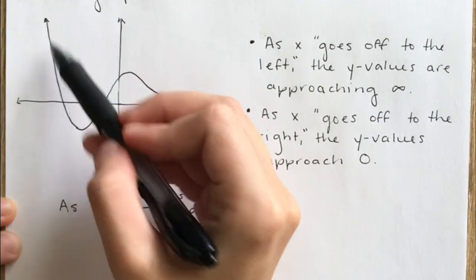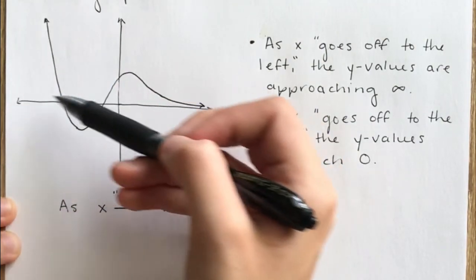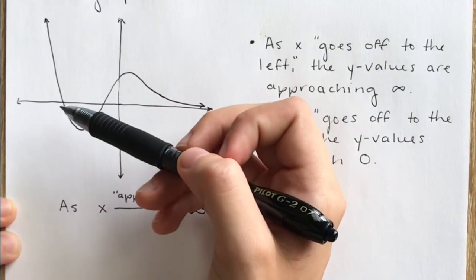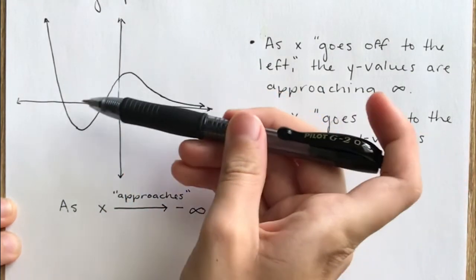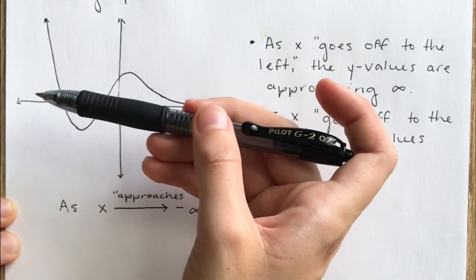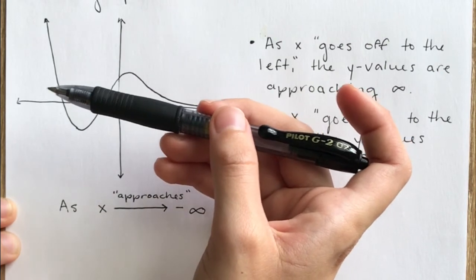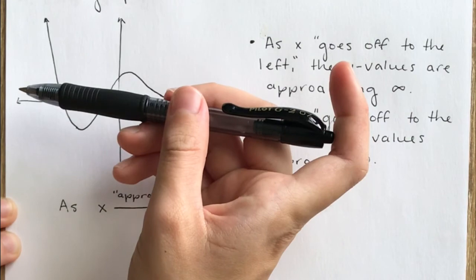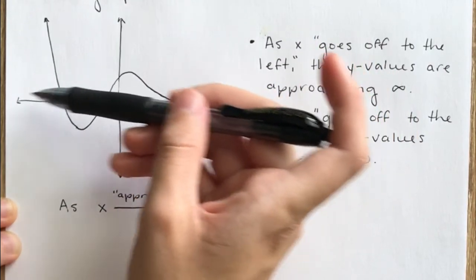What is happening to our x values? As we move to the left, that is the part of the graph where the x values are negative, right? And if we're talking about going off to the left kind of forever, that usually is represented by negative infinity. So as x approaches negative infinity,